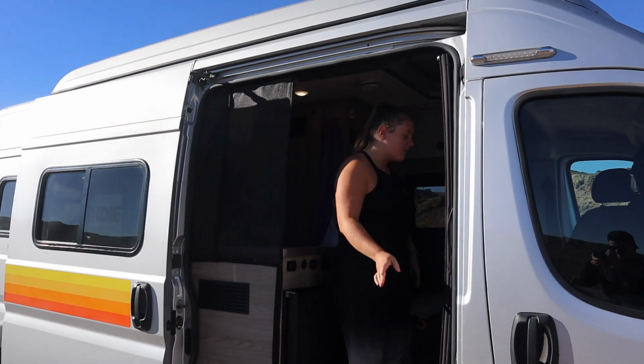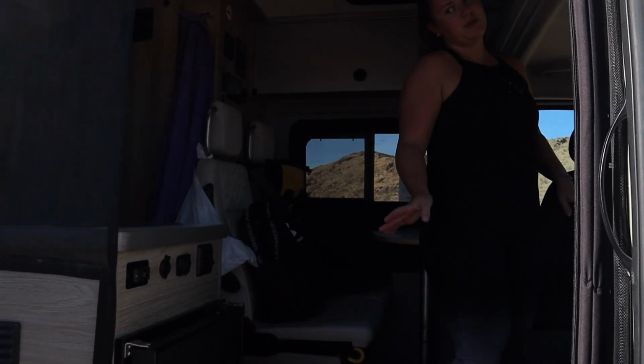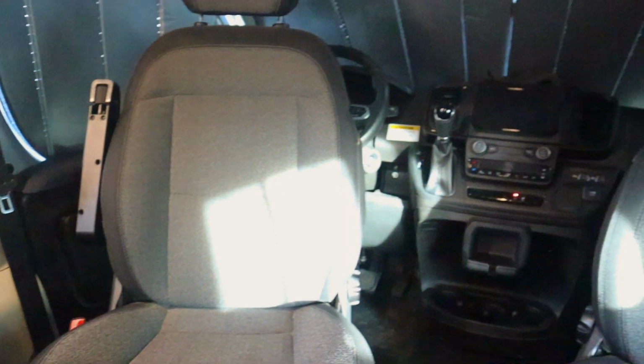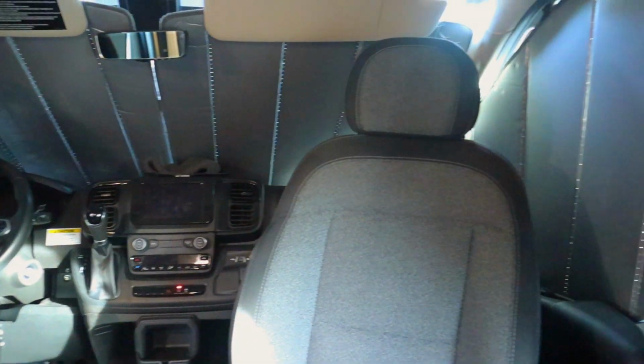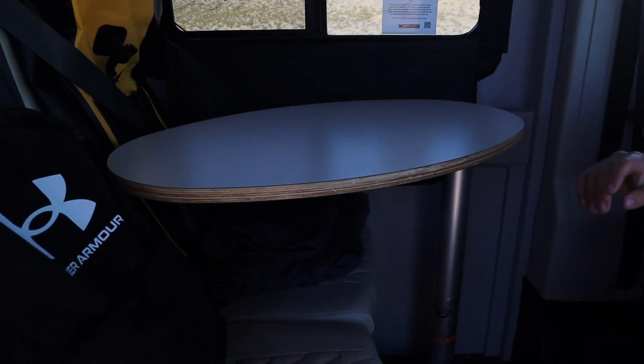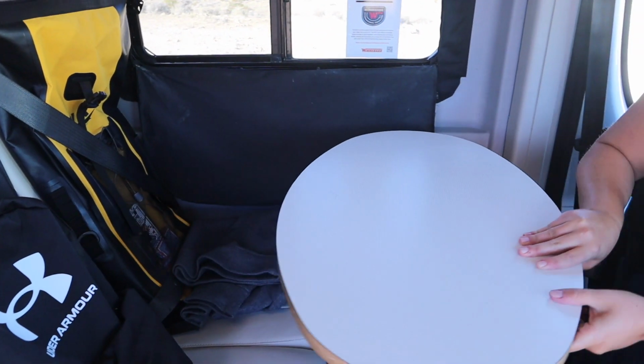It's our first time having a van and we have absolutely loved it. So here's the inside. First, we have our driver's seat and our passenger seat. These are on a swivel, so during the day, we're facing the front, and then when we're chilled out at night time, we spin them round for our table, which is also on a swivel. So when we're driving, we have it pushed back, and then when we're chilling, we have it out so we